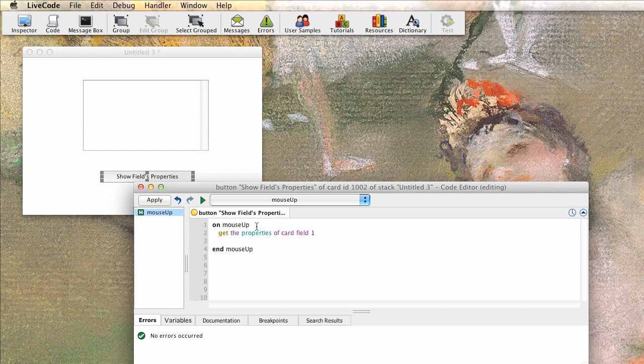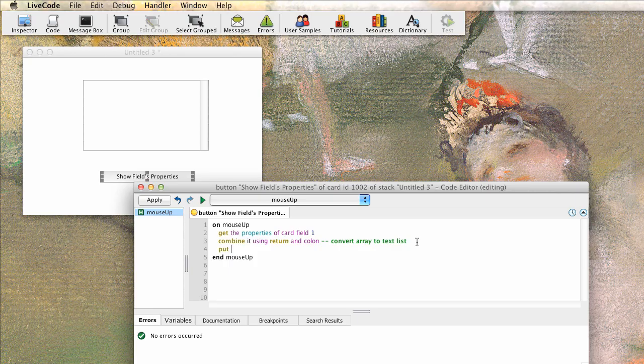So we're going to use some additional code here that you'll learn about later, but this is going to be combine using return and colon. Essentially what this does is it converts the array to a text list. So when we get the properties, it's actually putting it into an array. And we're going to take that array and convert it into separate items in a list. And then we're going to put that